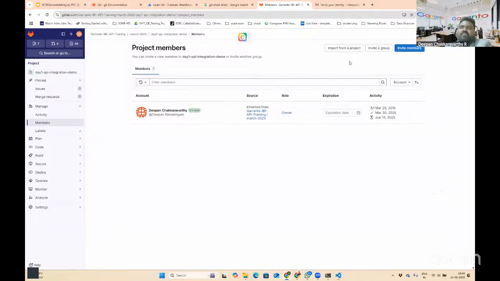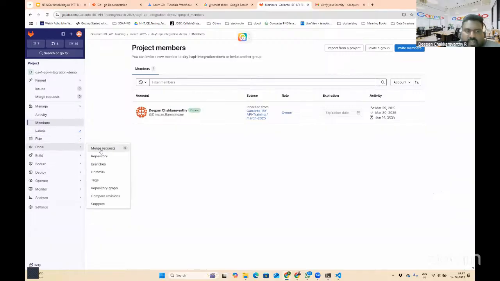Individual Git platforms differ in their access controls. For instance, GitLab has roles like owner and maintainer. It has a role called reporter, and a role called developer. These are the default roles. If you want a few more roles, you can create them, and then you can give permissions.